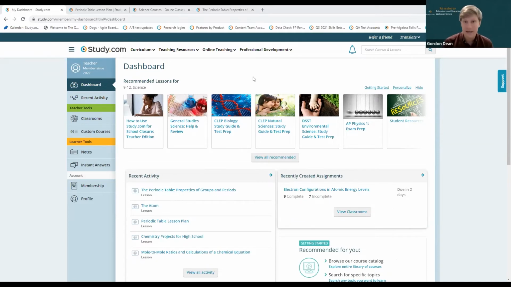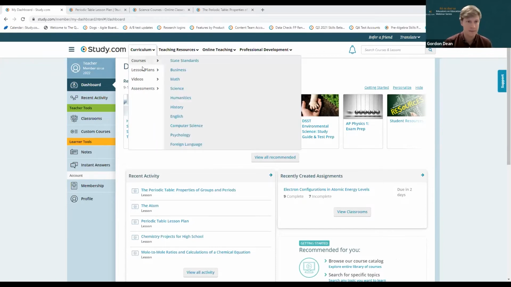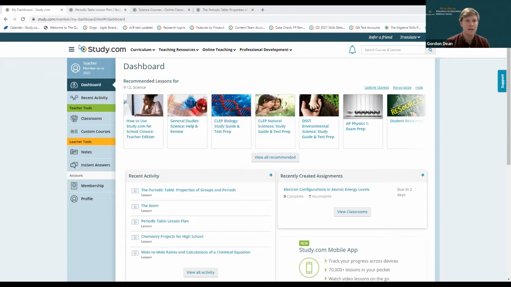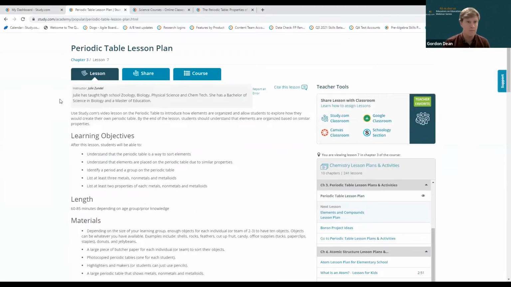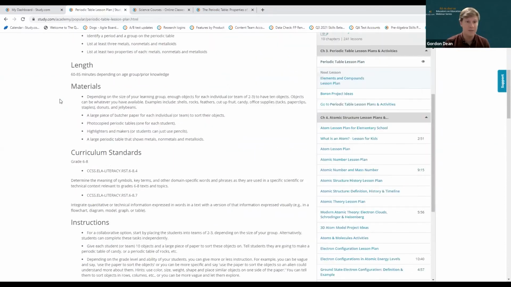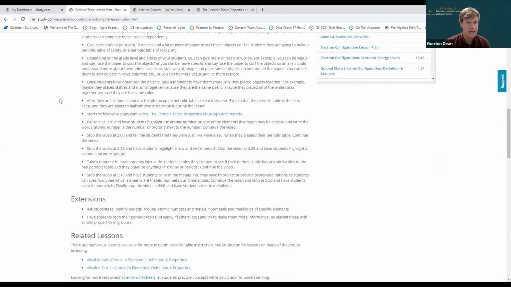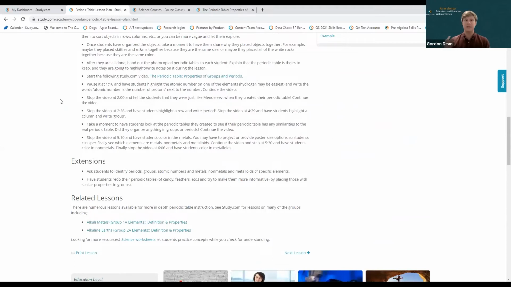So where do I go? What's a great place to start? Well, under curriculum, in addition to our awesome courses, you can find lesson plans on a wide range of topics. For example, if I have a unit coming up on the periodic table, I have a pre-built lesson plan that helps me contextualize and provide a completely different experience, maybe completely offline. But I have those related lessons on Study.com to tie things back to the platform.